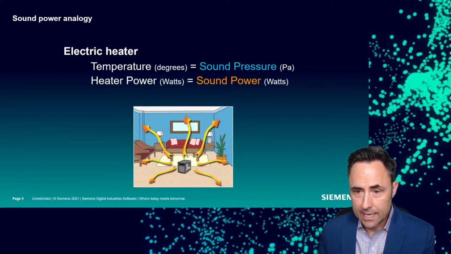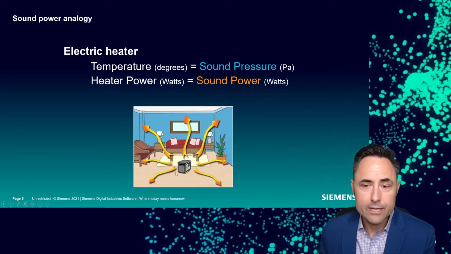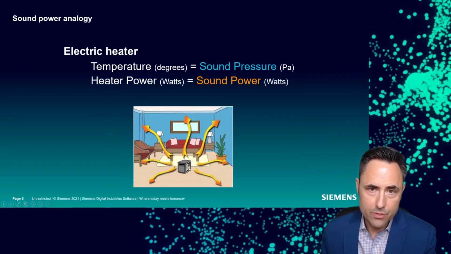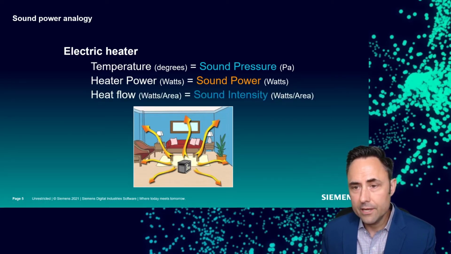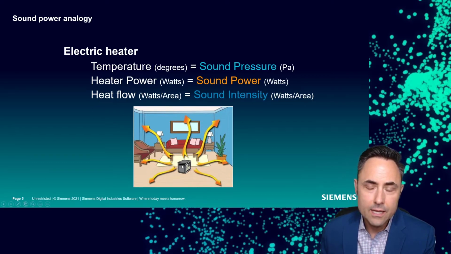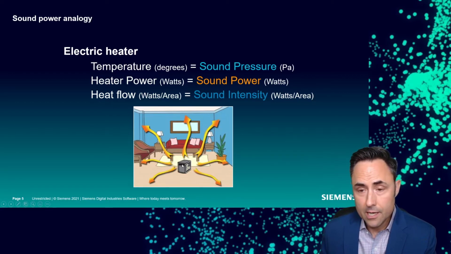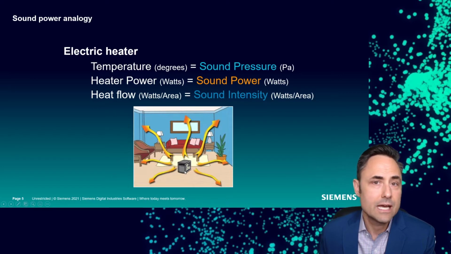So again, sound power is sort of the equivalent of our heater power in this analogy with our heater. And the analogy for sound intensity would be, let's study how the heat flows from one place to another. The heat comes out of the outlet of our heater more than it does, say, the control panel or the bottom or something, right? The heat comes out more out of certain areas of our heater, and sound is exactly the same.